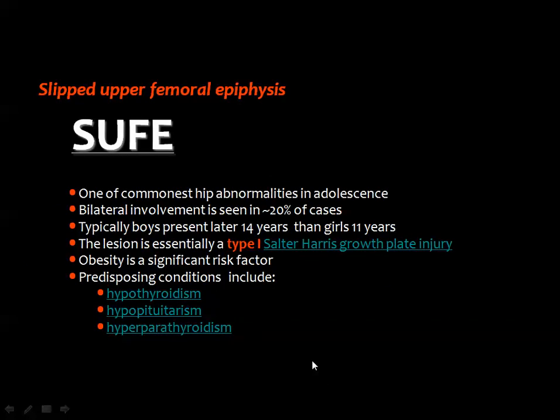Then we came to the slipped capital femoral epiphysis, and this is one of the commonest hip abnormalities in adolescents, and there is an incidence of bilateral involvement in about 20% of the cases. This type of fracture is considered a type 1 Salter-Harris injury affecting the growth plate between the epiphysis and the metaphysis. There are some risk factors, especially obesity, hypothyroidism, hypopituitarism, and